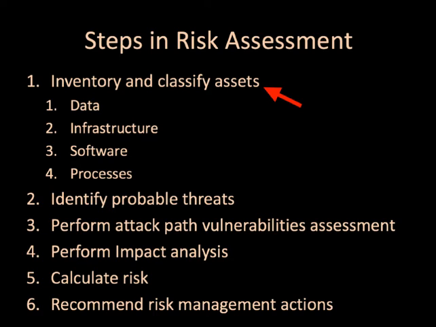Once you complete the inventory, you classify each dataset and the system and network infrastructure that stores, processes, or moves that dataset. At this point, we're ready to begin identifying probable threats. We identify probable threats by conducting research about incidents affecting other organizations in our industry and within our geographic area. These incidents include cybercrime, terrorism, and natural disasters.